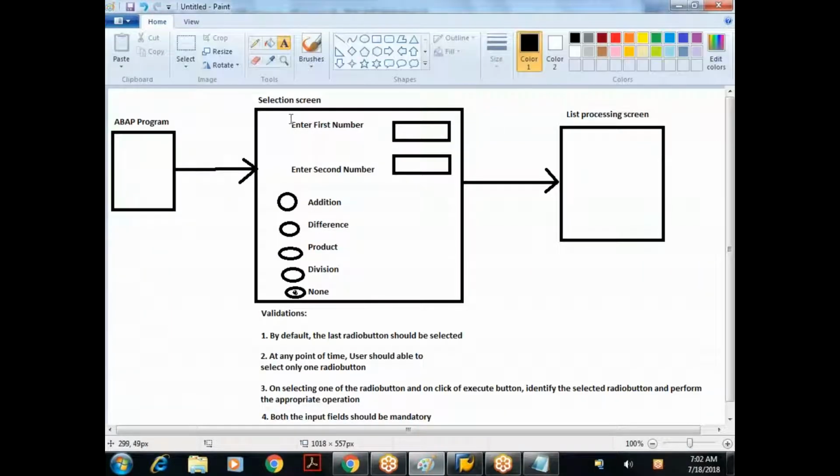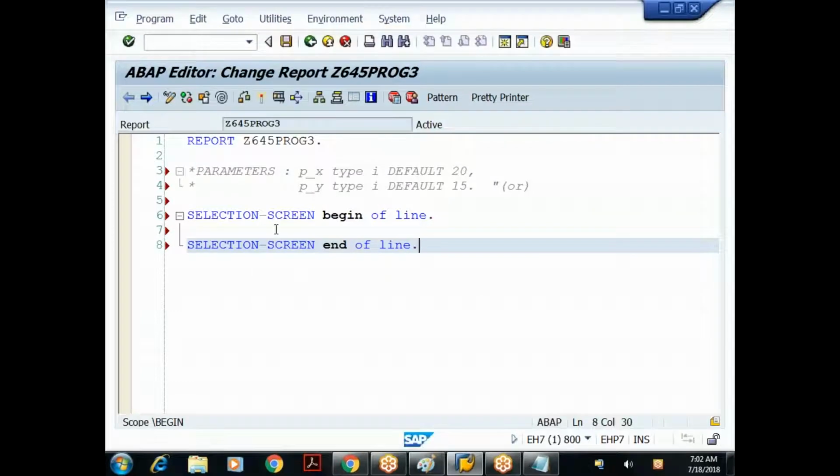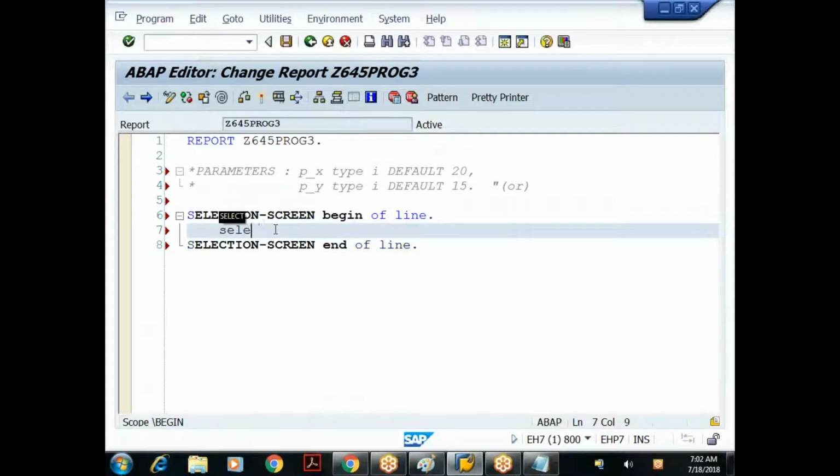Okay. So first I want a label text here. I want some label kind of thing here. So for that, in that first line, we have a statement, selection screen. To provide the labels, we have a keyword called comment. Selection screen comment. Understood?